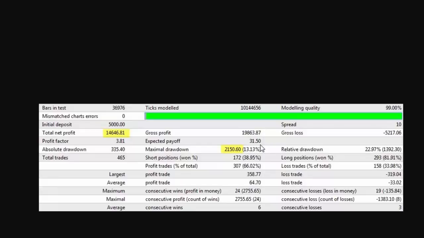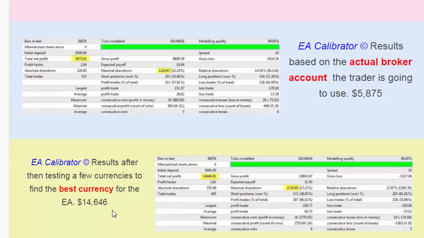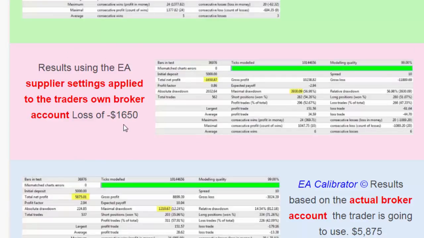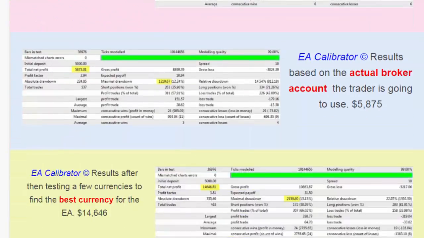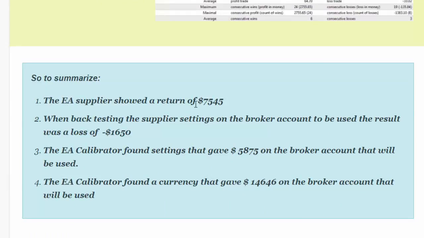But if the client did not use the EA Calibrator, he would be stuck over here and he wouldn't know what to do. In a nutshell, let's just summarize this. The supplier supplied $7,500 worth of profitability in their settings. When the same settings were applied on the client account, it resulted in a loss. The EA Calibrator then calibrated the EA